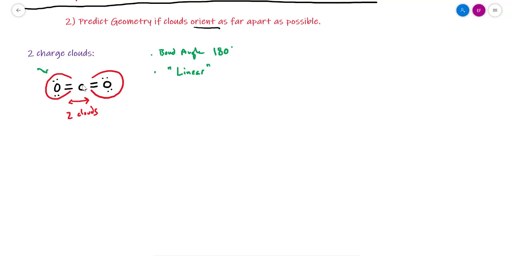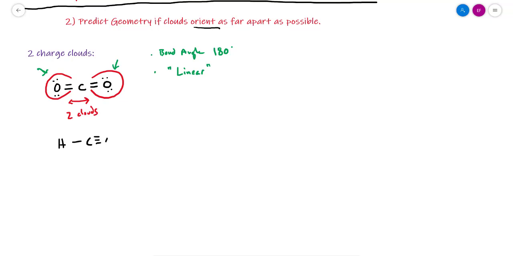We don't care about the structure around these peripheral atoms because it's not bound to anything else, right? The peripheral atoms don't dictate the overall structure of this molecule. It's only the central atom in this case because it has two objects bound to it. Another example would be